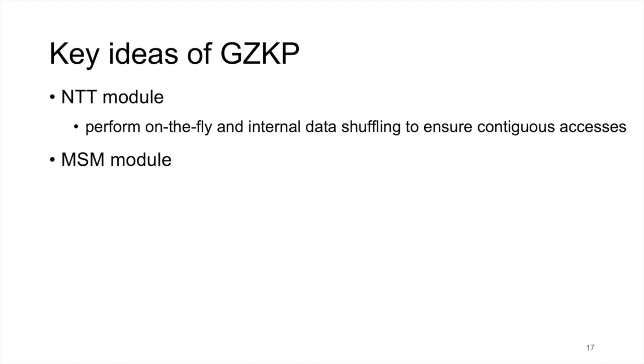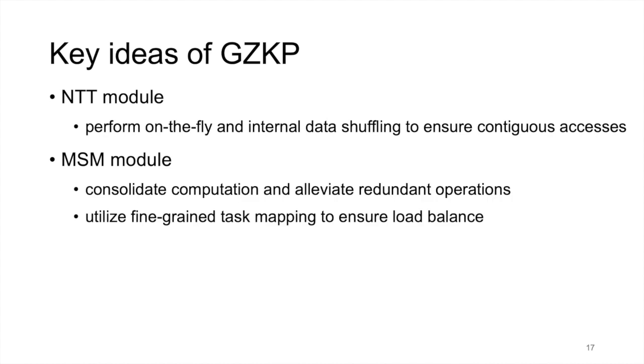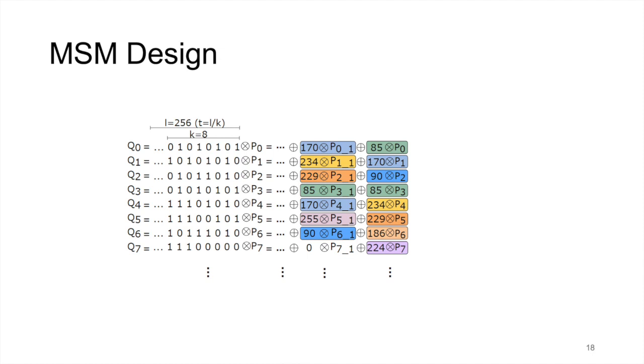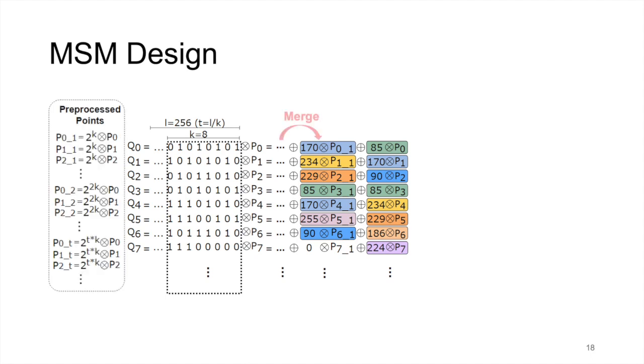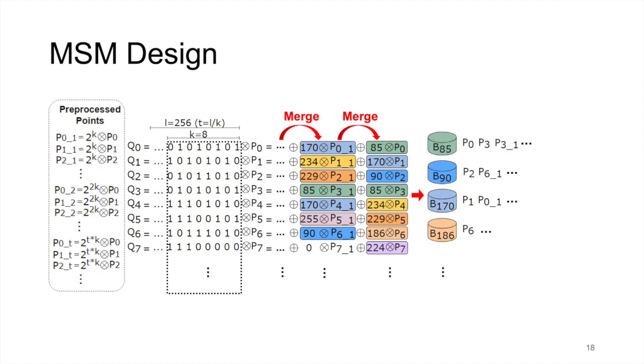To address these challenges, key idea of GZKP is that we effectively consolidate computation and alleviate redundant expensive elliptic curve operation, and we also utilize fine-grained task mapping to ensure load balance. First, we hence discard sub-MSM partitioning and instead consolidate all computations in each window. Then, we pre-process point data, merging different windows to one